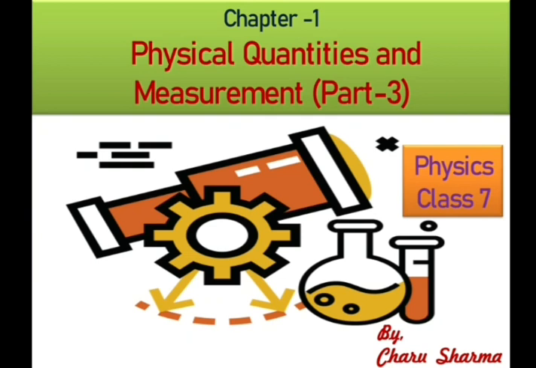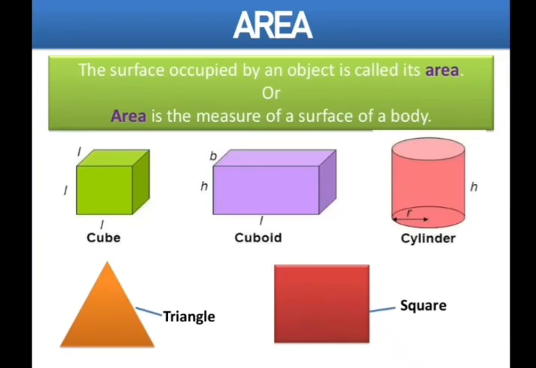Normally, while calculating the area of any two-dimensional object, we consider their thickness negligible, means not considerable. For example, area of cardboard or area of paper. While calculating the area of cardboard, we consider that the cardboard is having the negligible thickness, so we will calculate only their surface area.